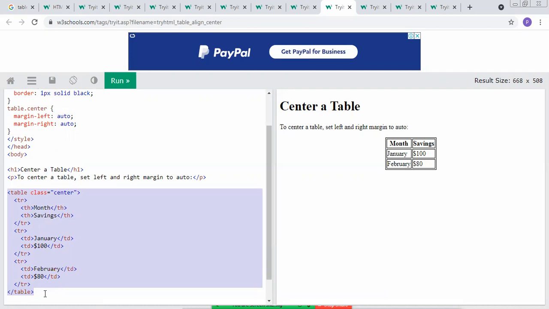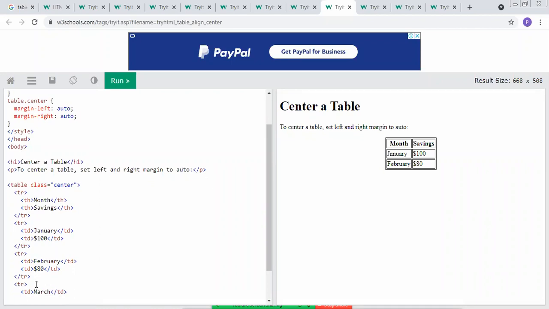Whenever we call the particular tr tag, th tag, at that time the center is displayed. So here we have to add the new row which has the next month, td tag, March, close of the td tag. Again we have to enter the next row element.